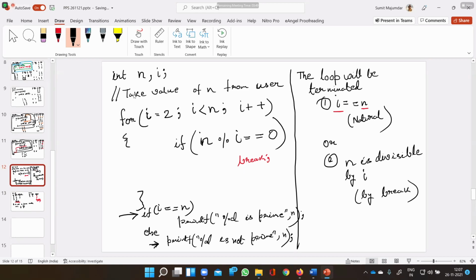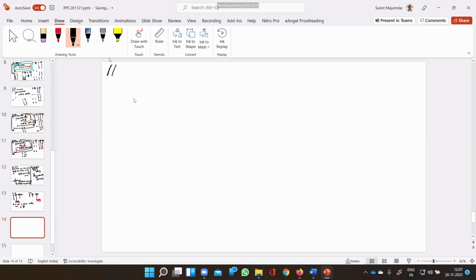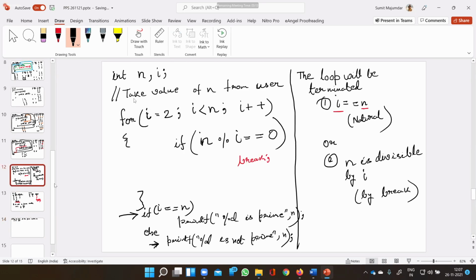So this is how we can check whether an integer value is a prime number or not. Now let me modify this question and we will try to find all the prime numbers in 1 to 100. So how can we check if a number is prime or not? That can be done using this code block. But here we need to check within a range.